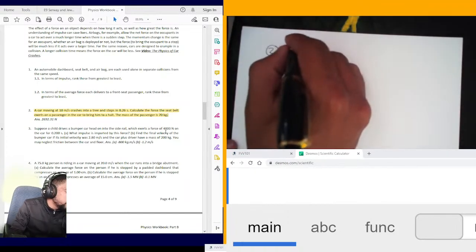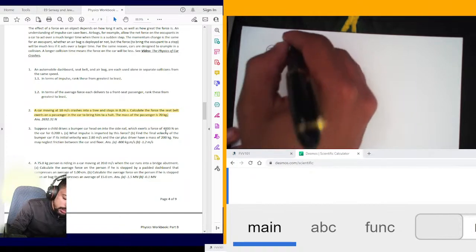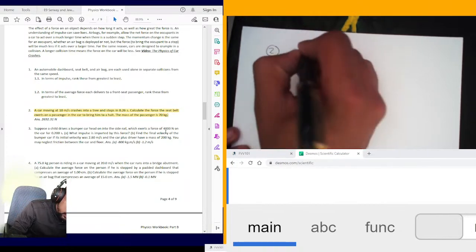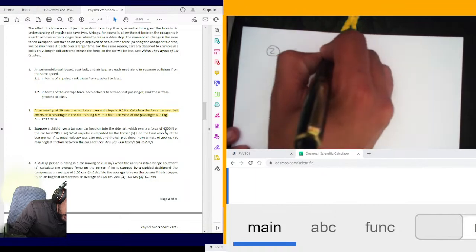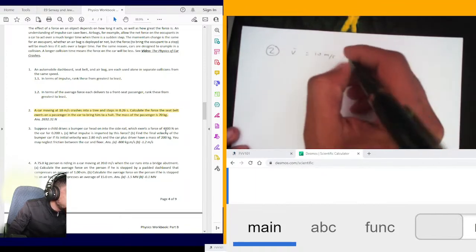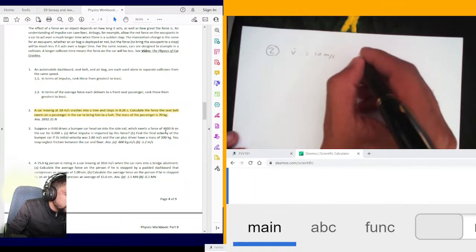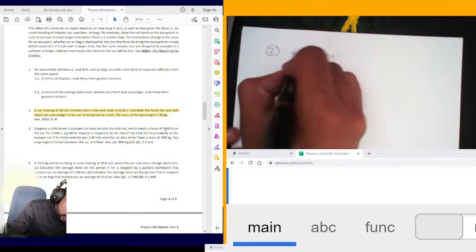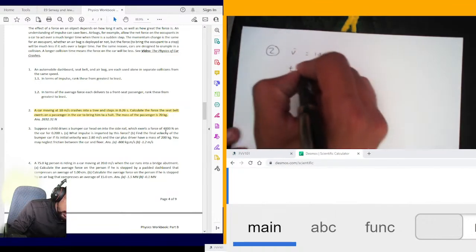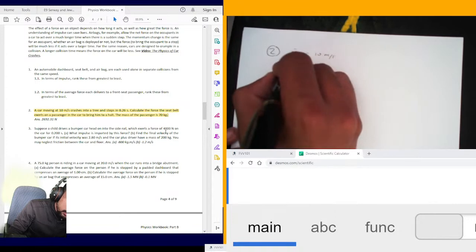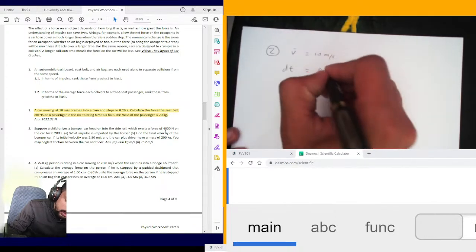A car moving at 10 meters per second. So we have a car, its velocity is 10 meters per second. This car crashes into a tree and stops in 0.2 seconds. Okay, so the change in time is 0.26